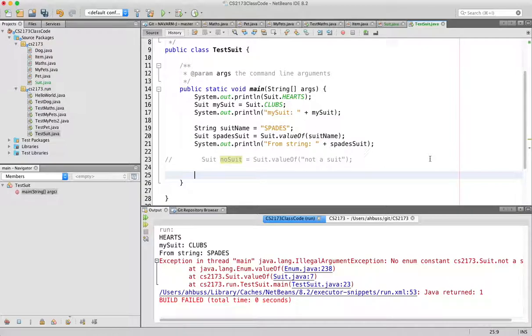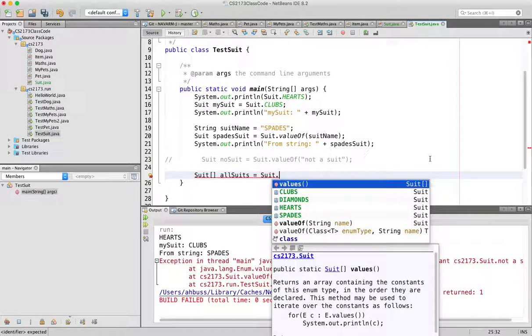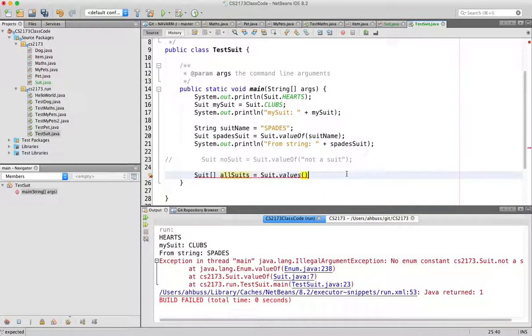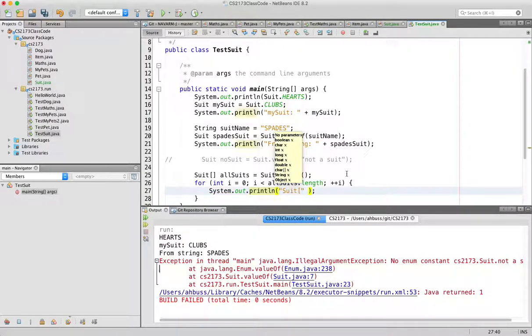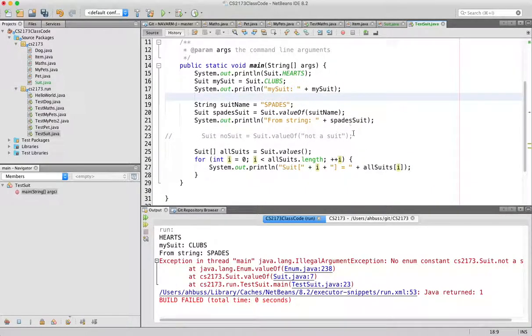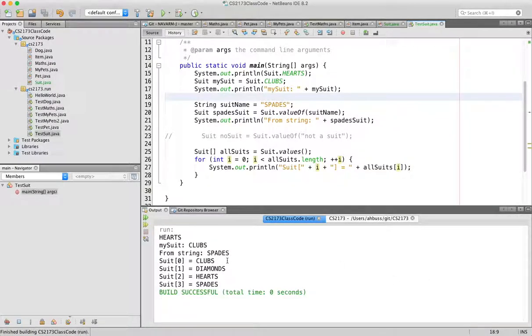And if I want the values, so if I just say values, all right, so let's, okay, so now I'm going to get them all and just kind of print out what they are. So as you can see, the values method